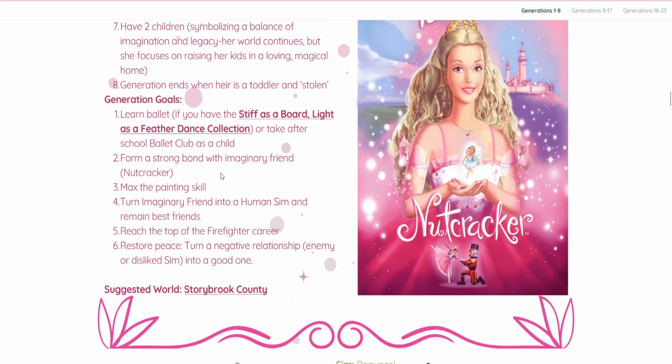We must also have a strong bond with our imaginary friend, who is the Nutcracker. We have to max the painting skill. Then we have to turn our imaginary friend into a human sim, and we have to remain as best friends. I picked to have her go into the firefighter career, which I don't know that I've even ever actually played with. If I have, it's been so long that I don't remember. But I thought it could be kind of fun, just a little bit different, because she's saving, in the Nutcracker,